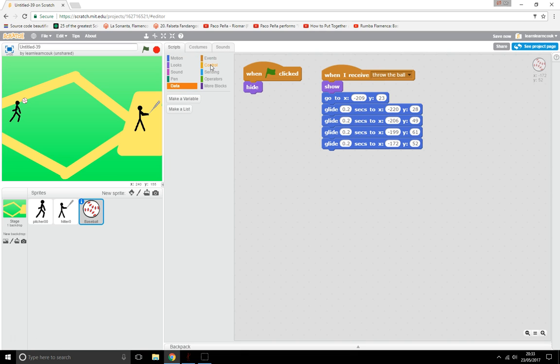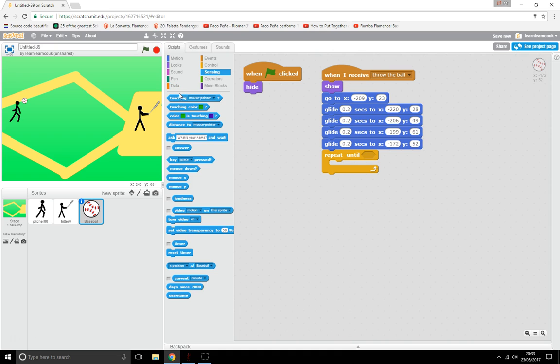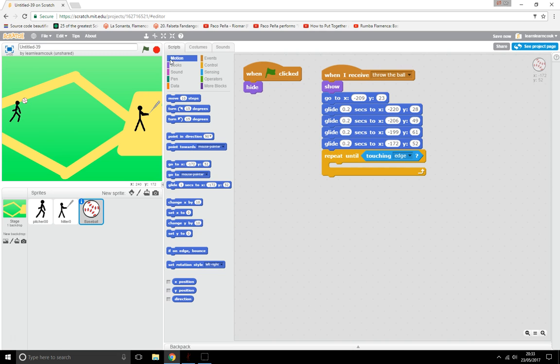Then when we get to here, then we just want a repeat forever. Well, in fact, not repeat forever. We want to repeat until we touch the edge, actually. So repeat until touching the edge. And what do we want to do? We want to move. Well, which way do we want to move? Well, we want to move right, and we want to move either up or down. So we could just use the move, set its direction, and then use the move and move like 10 steps